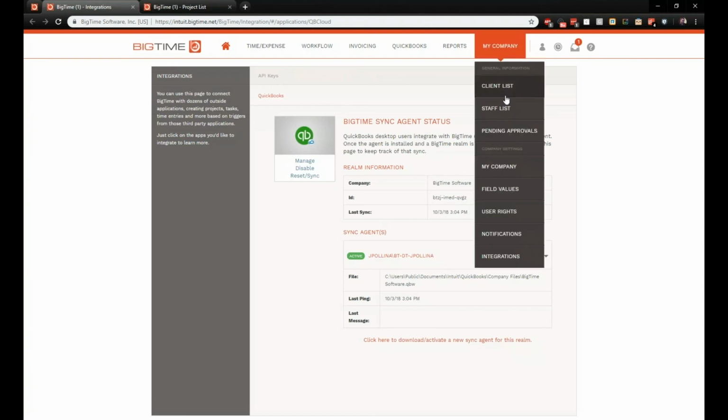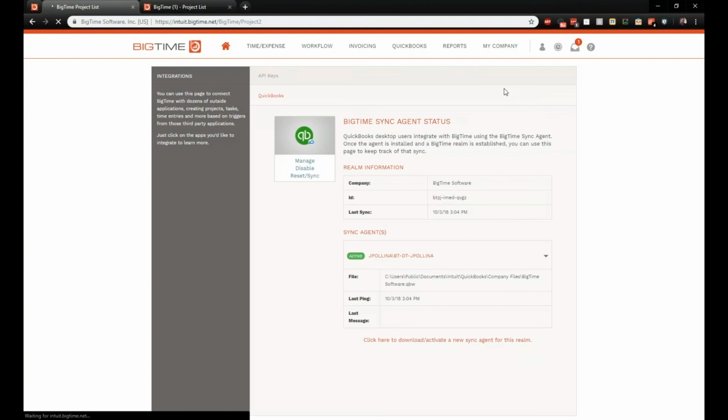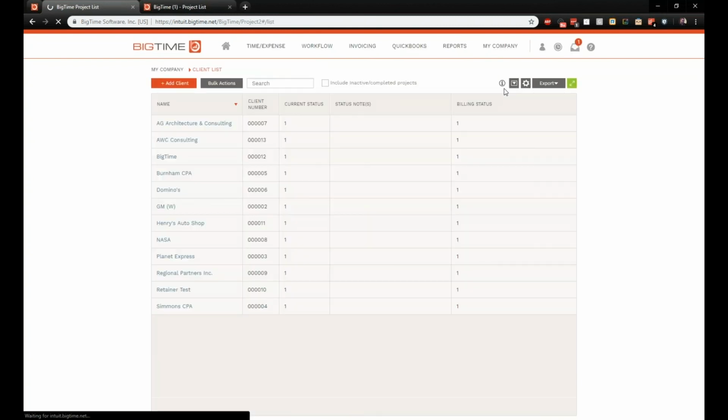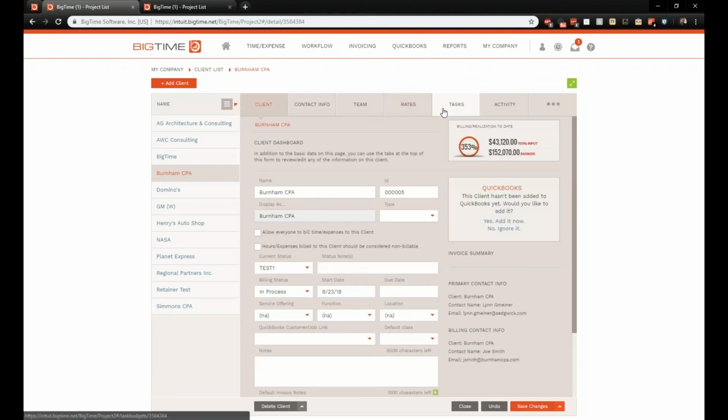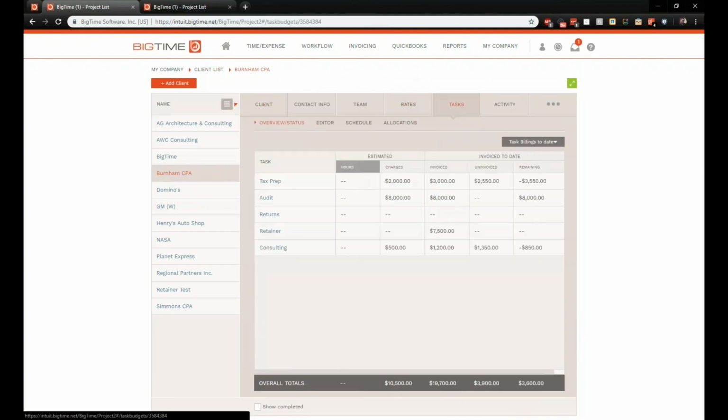So in our last release, we added a new invoicing type for item-based billing. Where this would come into play is if you had a client where you may have an invoice that includes time and expenses that are calculated at the T&M level, and also fixed amounts. So if we take a look at one of our clients here and take a look at our tasks that we have set up,